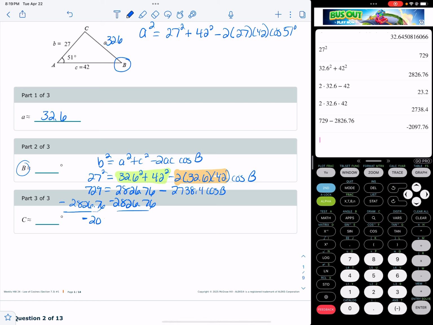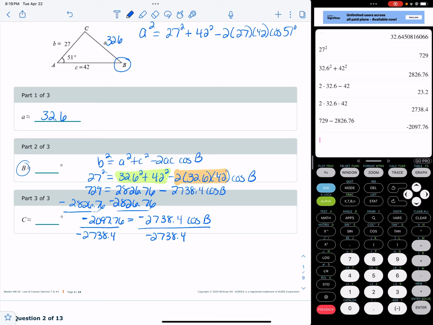So negative 2097.76 equals negative 2738.4 cosine of B. Now you can divide by the coefficient of cosine of B. So we get cosine of B equals this mess, and then do inverse cosine of that answer, and we get